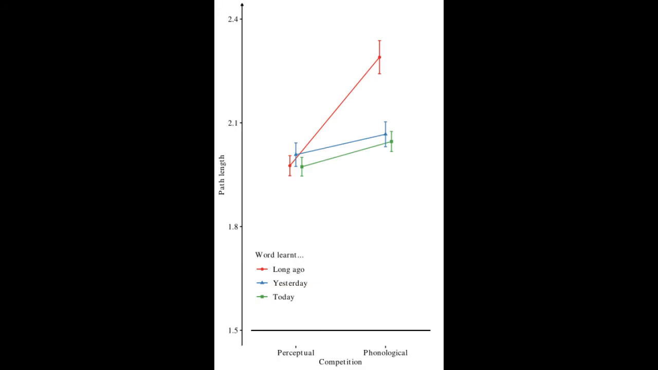This third image shows the condition means in our experiment. The three lines indicate the three types of words. The red line shows words learnt long ago, i.e. familiar English words such as candy and candle. The blue and green line shows trials where the target was a word learnt long ago, but the competitor was